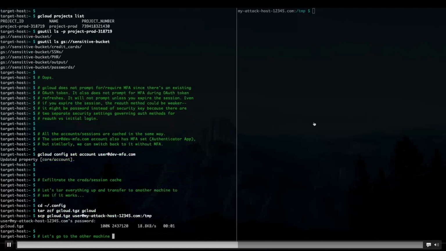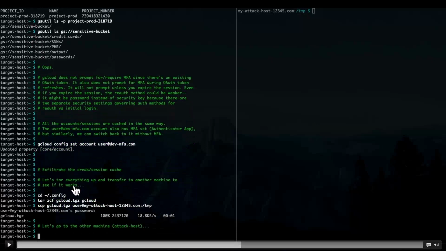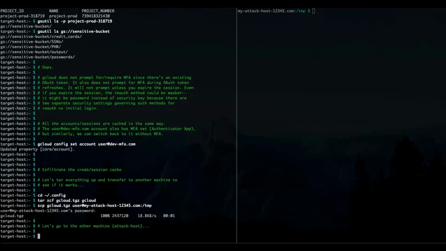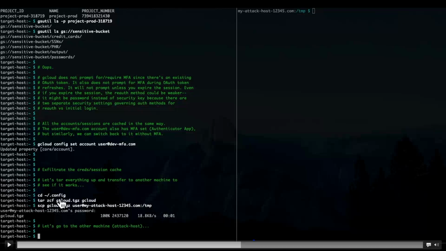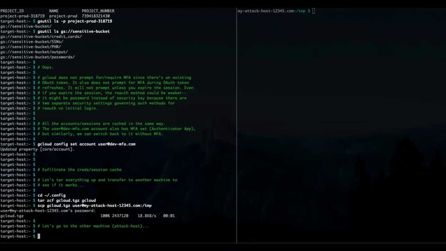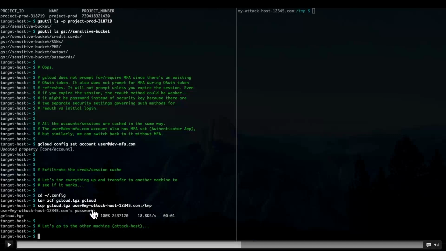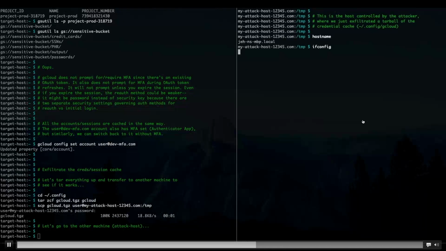But now what I want to do is go to the credential cache and copy it to a different machine on the right side, my attacker machine. In the home directory in .config gcloud is the credential cache. We'll cover the details of those files later, but I'm just going to tarball it up and then SCP it over. Then on the right side, I'll continue on,